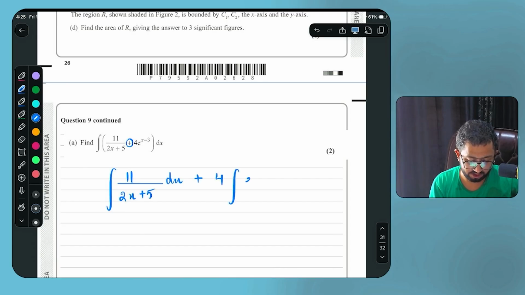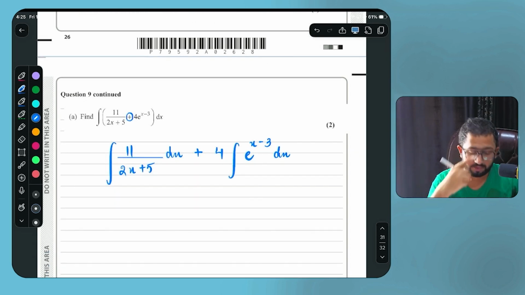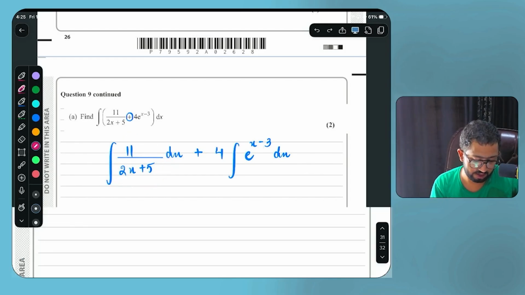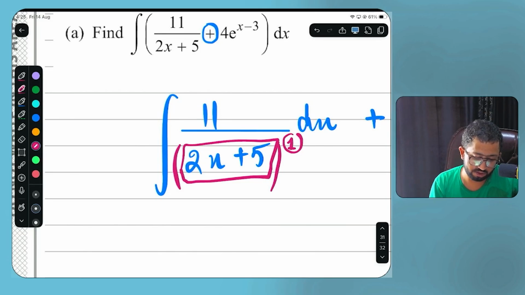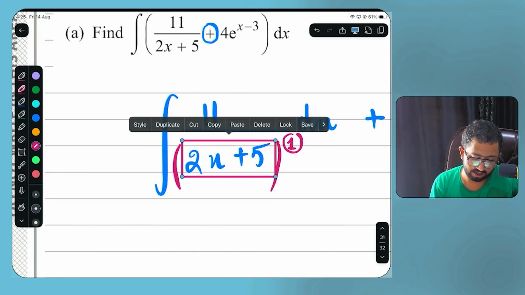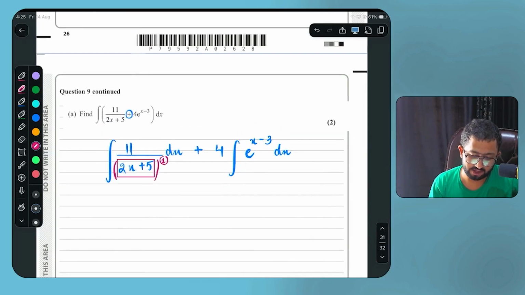Plus 4 into a raised to power x minus 3. So a fractional function can be an improper form or it can be converted into log form. Yes, it can be converted into log form. There are two conditions to convert into log form. The whole power should be 1 and the derivative of the box should be present in the numerator. The derivative of the denominator is